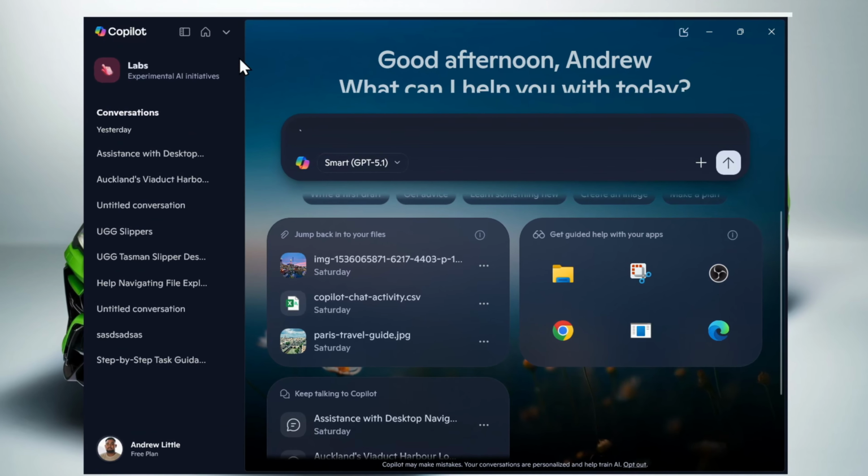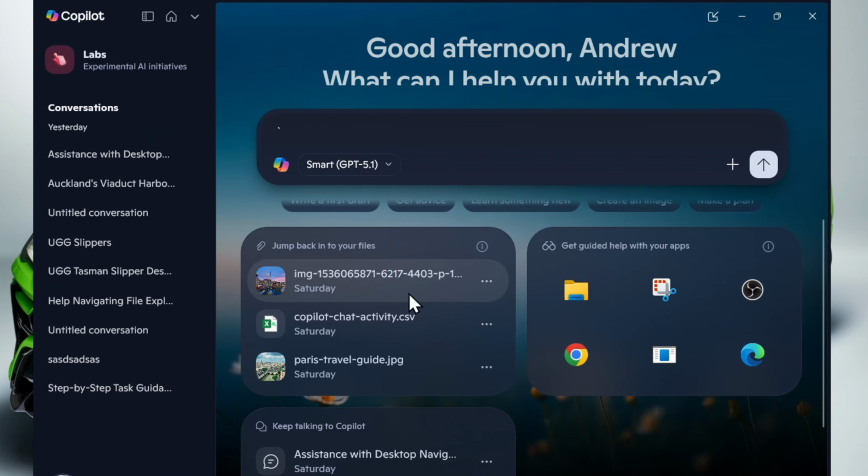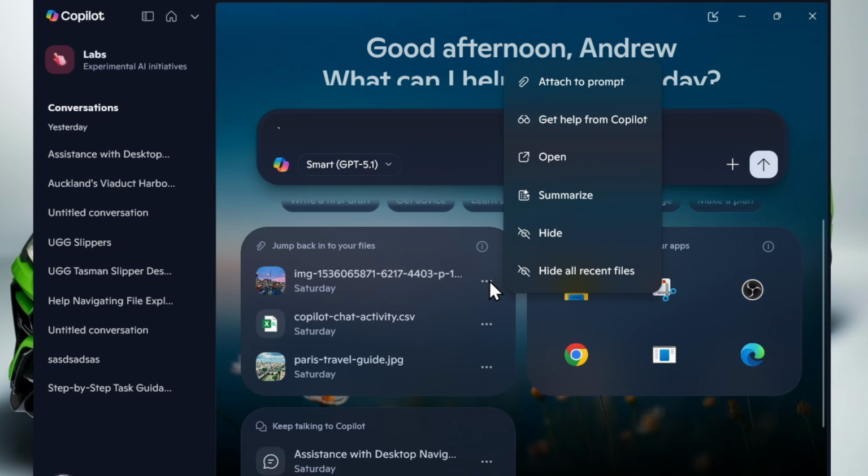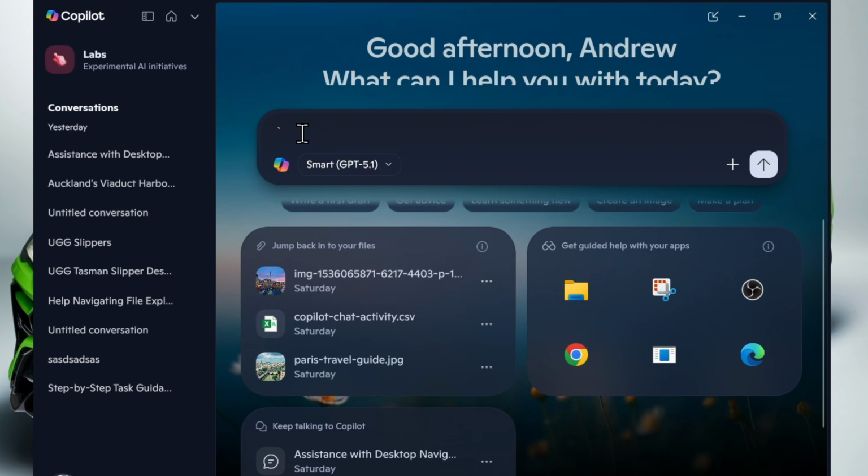Hey friends, in this video, I'm going to show you how to turn off those recent files showing on Copilot. Now, it's good to have those files here and you have three dots and you can basically work with them if you need to. But if it's something that is cluttering your screen, you can always hide or remove these. So in this video, I'm going to show you how to turn off recent files from home in